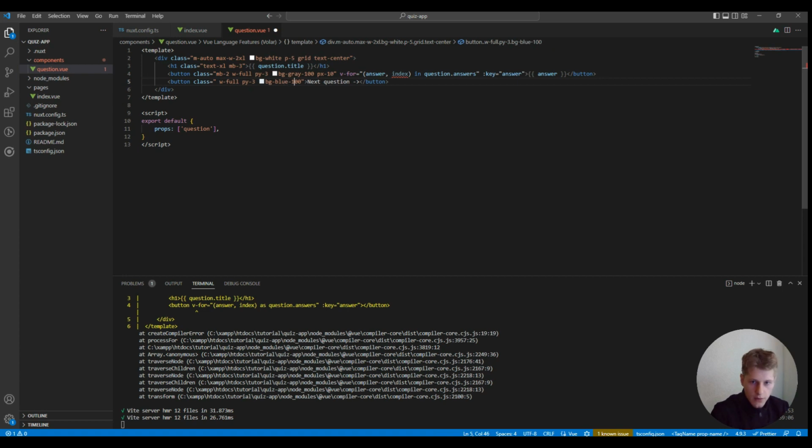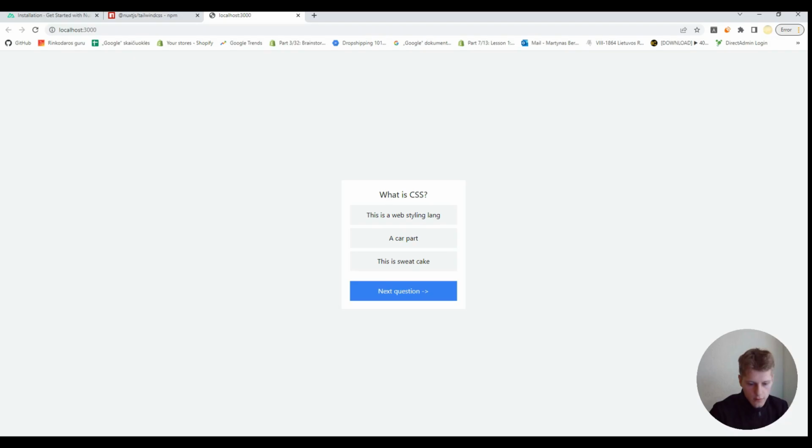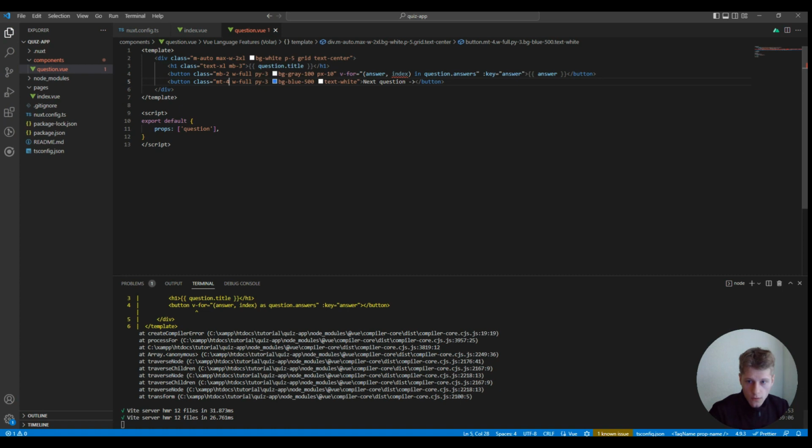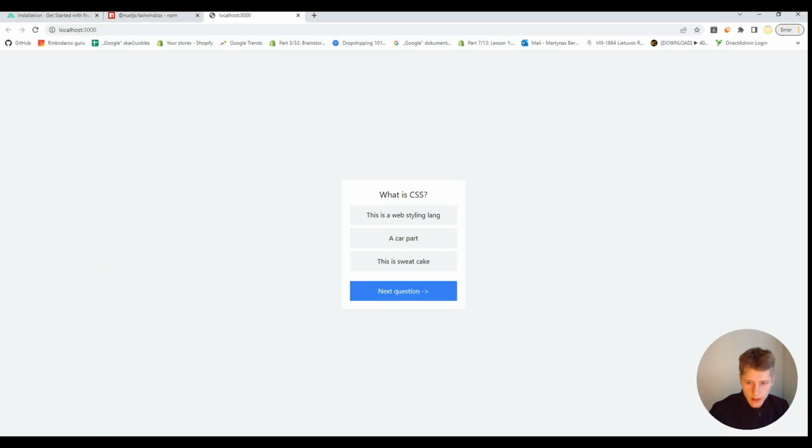Background, make background blue 500, text white, and add some margin top 4, for example. Let's see what's happening. As you can see, we have next button, and now we have this button, we have our questions, our answers, sorry. And what we need to do next, we need to add some functionality. When we click on our answer, we want to show this next question,